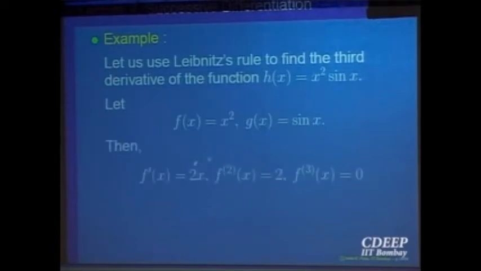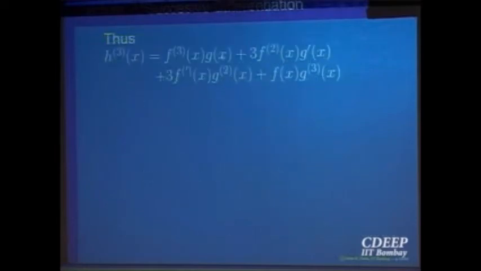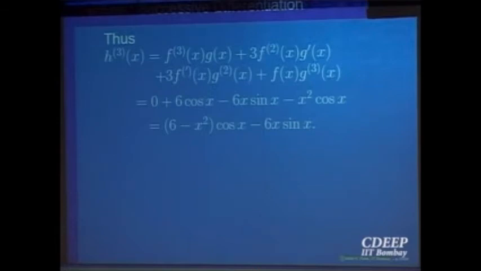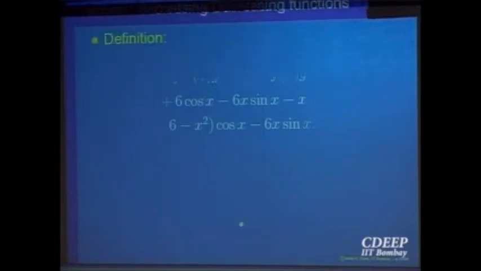So here you can compute the first derivative, second derivative, third derivative of f and similarly of g, and put the values in that formula, so you will get the simplification. And so this is just a straightforward application of the Leibniz rule, successive differentiation. I hope all of you have done this kind of thing, right? Successive, so let us not spend too much time on this.